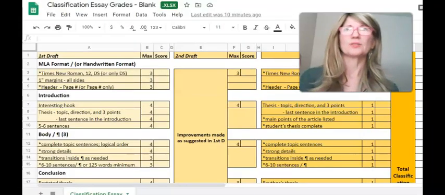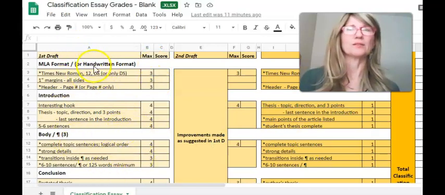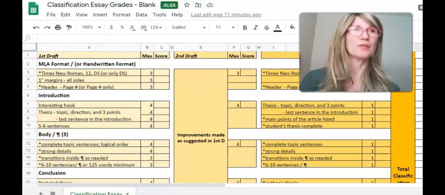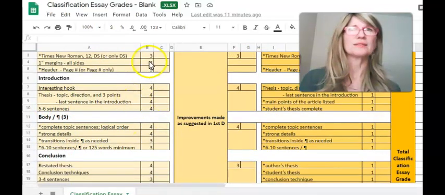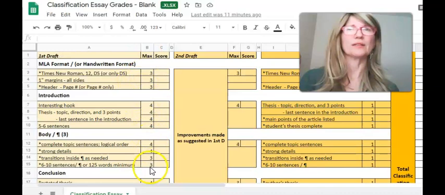So the first thing I'd like to show you is a rubric I developed about a year ago, and it allows me to have all of the grading of different drafts of an essay, and usually my students do 3 drafts. It has all of that draft grade together at the same time. The benefit is that the student can see what is going to be needed for the current draft, but also for the remaining drafts. This Excel file, which goes right into Google Slides, also has the score for each component,